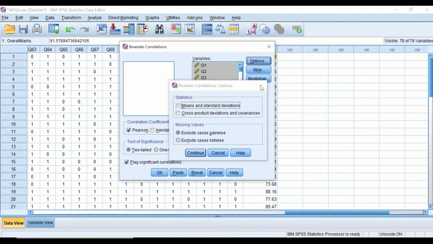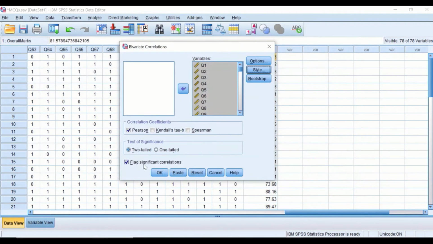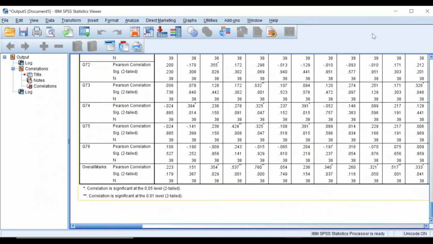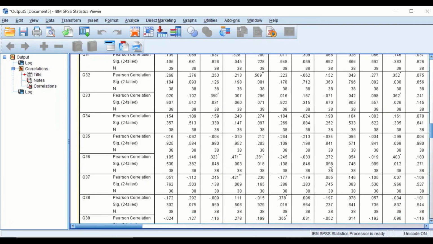We're not going to change anything here, keep it as it is, but we make sure that we use the Pearson correlation coefficient test here, as the point biserial is based on the Pearson correlation coefficient. If we click on OK, SPSS will generate a correlation matrix